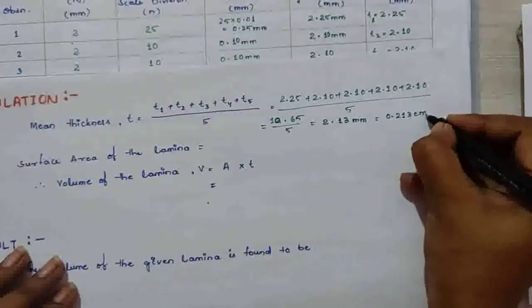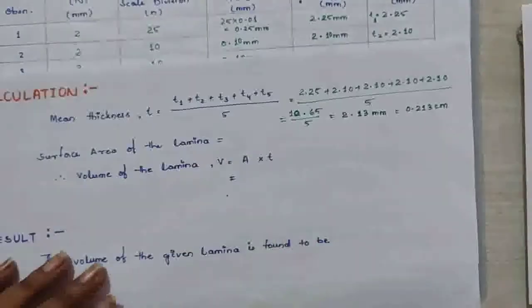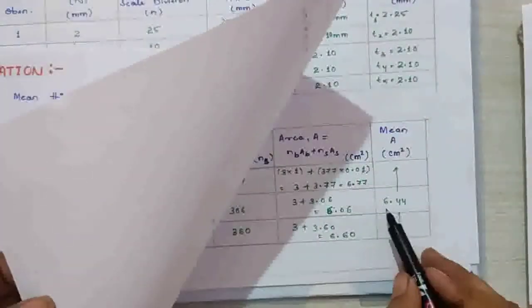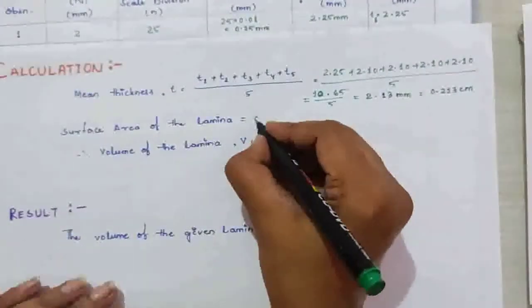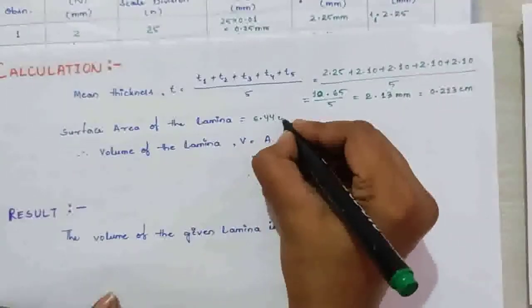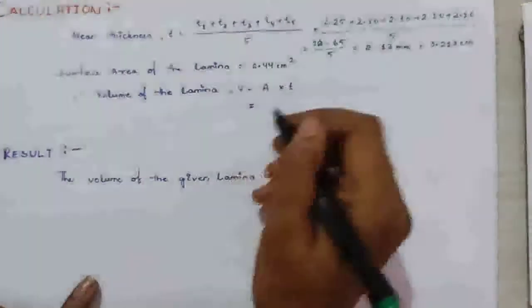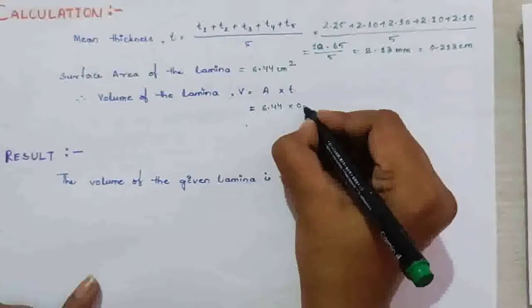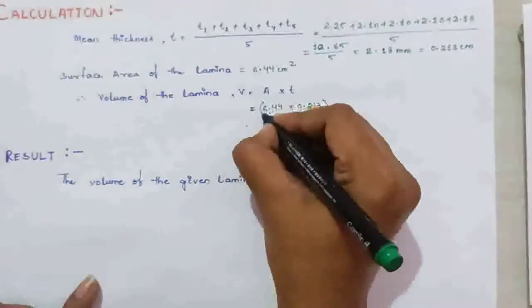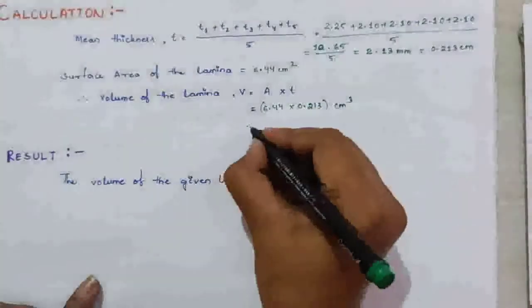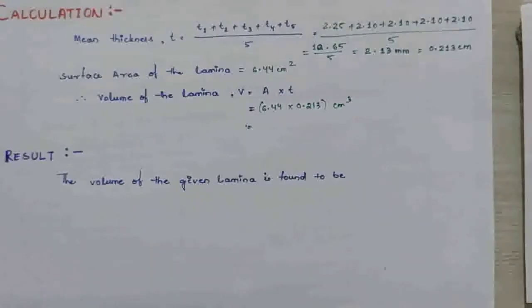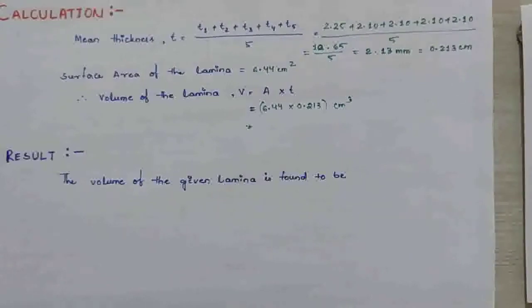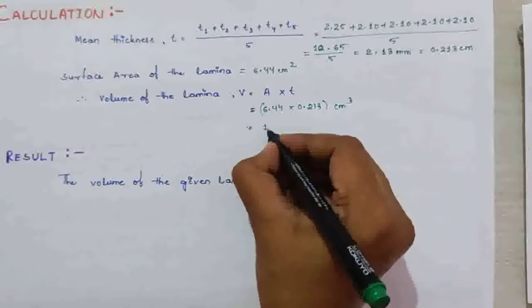or that will be equal to 0.213 centimeter. Now the surface area of the lamina we just found out as 6.44 centimeter square. So we will write it 6.44 centimeter square. Now we will multiply the above results, 6.44 into 0.213 centimeter cube. So let me calculate this. 6.44 into 0.213, that is coming as